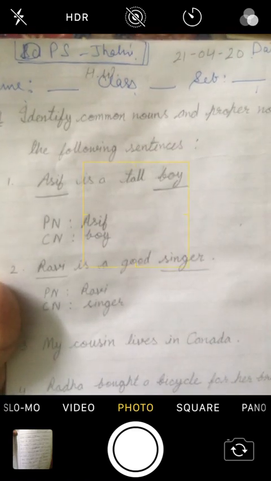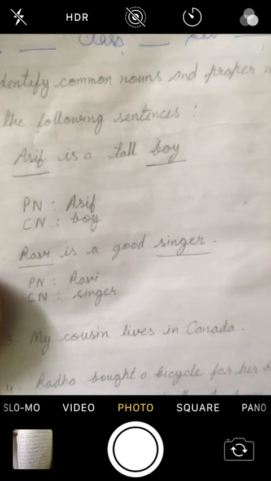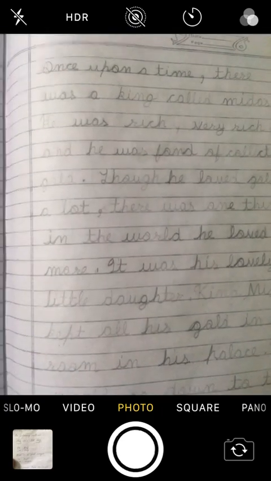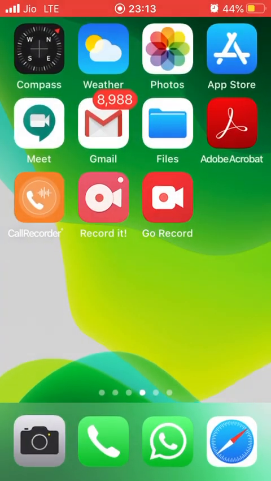Now this would be your first sheet, and you will be clicking this, okay, and then you will be clicking another sheet. Let's say you have 2 sheets. Now how would you rename those?